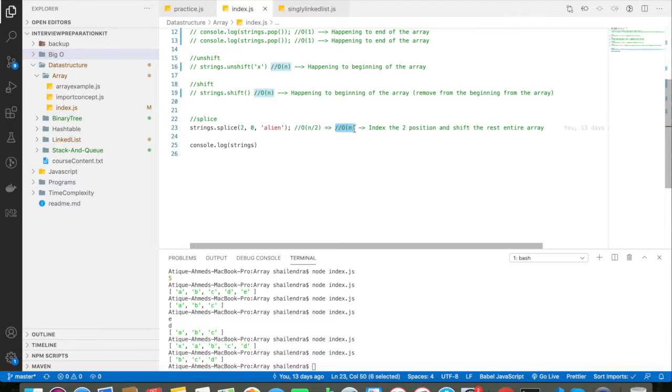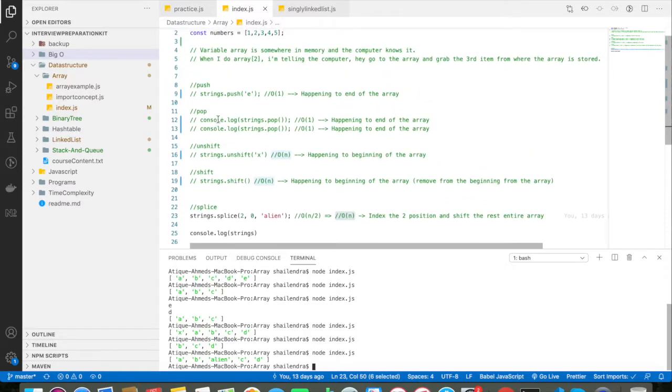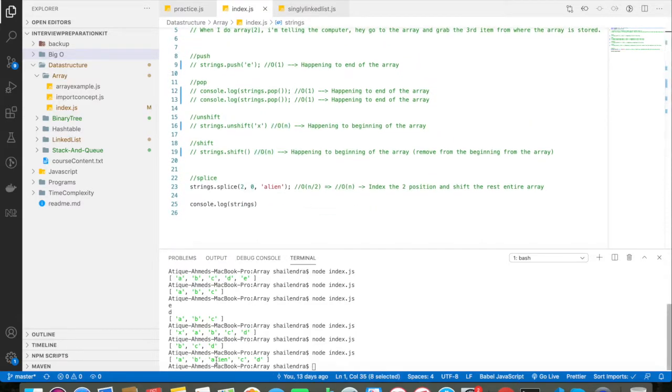Alright, let me run the program. You can see that I have shifted all the elements towards the right and inserted alien at that index. So this is the array concept in data structure.